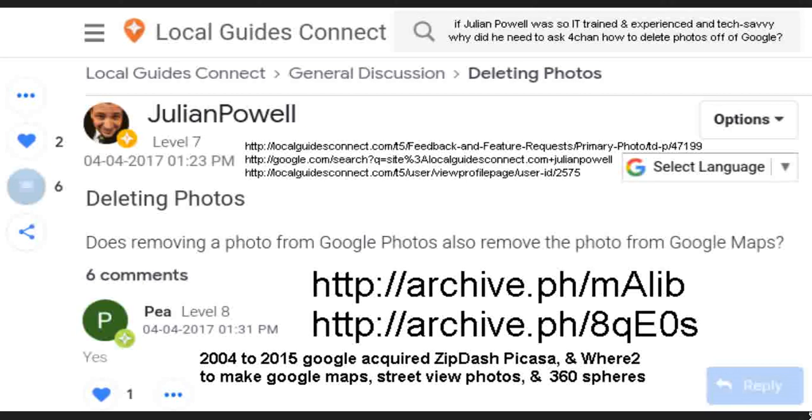So someone came along saying, does removing a photo from Photos also remove the photo from Google Maps, which is Google Photo Maps or Map Photos, or Where2, subset, 2D images? Does it do one or the other? Now, in 2017, April 4th, when Julian Powell asked this, as one word, Julian Powell, under localguidesconnect.com, which is deleted because, well, we'll get to that in a minute, was he asking to try to hide